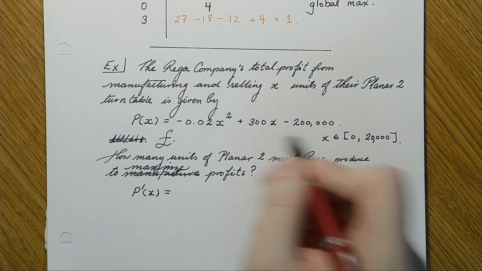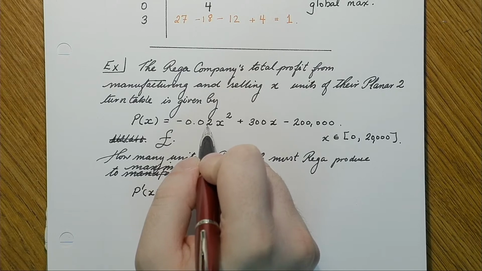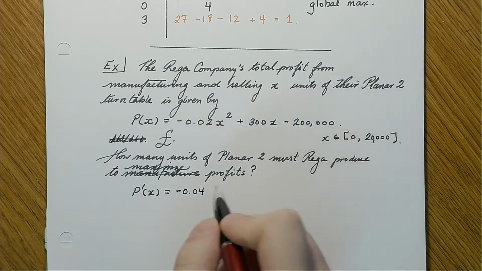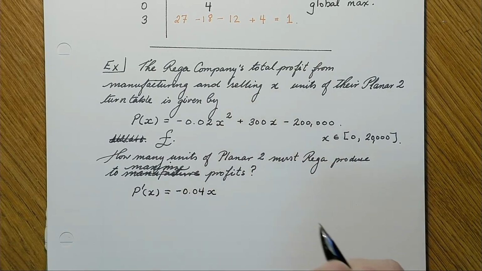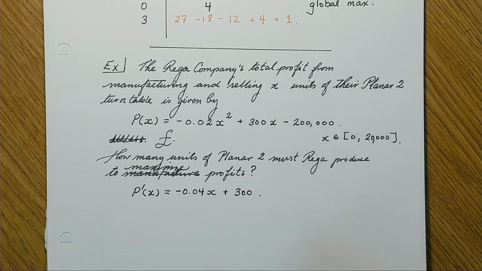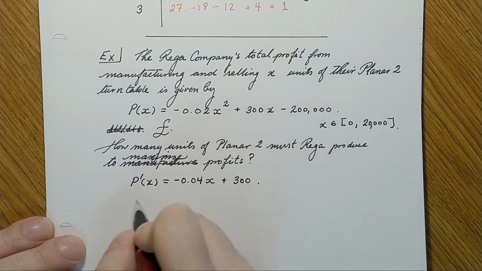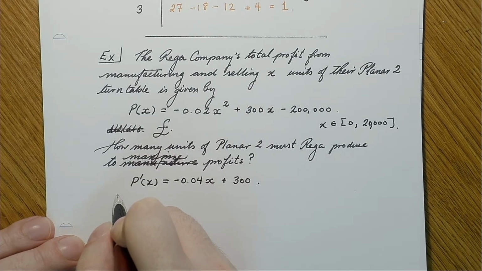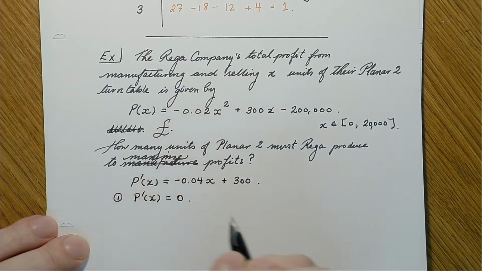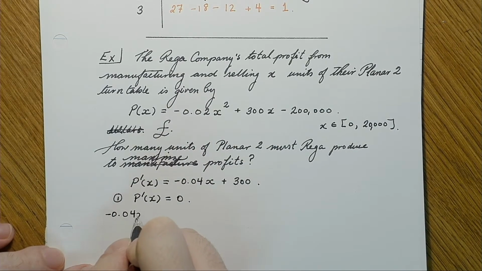All right, so we can easily do this derivative. The 2 comes down, so that becomes negative 0.04x plus 300. Okay. So again, we use our recipe, which is we're going to find the critical points, and again, set that to 0. So then I'm left with 0.04x